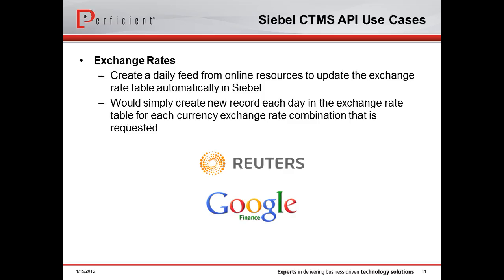The first of which is a custom API that can grab available exchange rates from Google Finance or Reuters. So both Google Finance and Reuters have existing APIs that can provide this information externally. So they already have APIs on their side, and then building a custom API in Siebel could actually grab that information automatically on a daily basis from these online sources and update the exchange rate table automatically